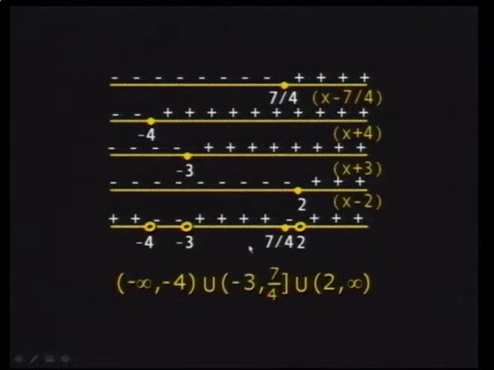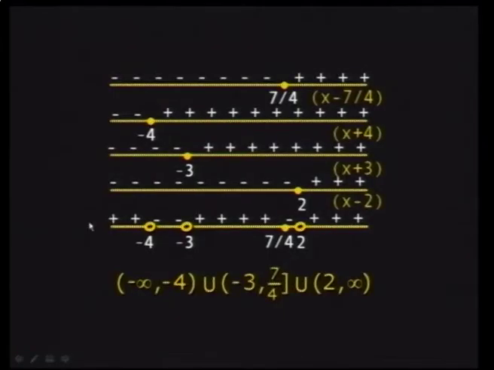Here we realize that this is a bold point, whereas here we have holes. Why? Because we cannot divide by 2, or minus 3, or minus 4, because they are roots of the denominator. So we cannot include them in the domain of this particular function. Whereas it's also positive here, here, and here. So you can directly say that the domain of this function is the union of these three regions here,